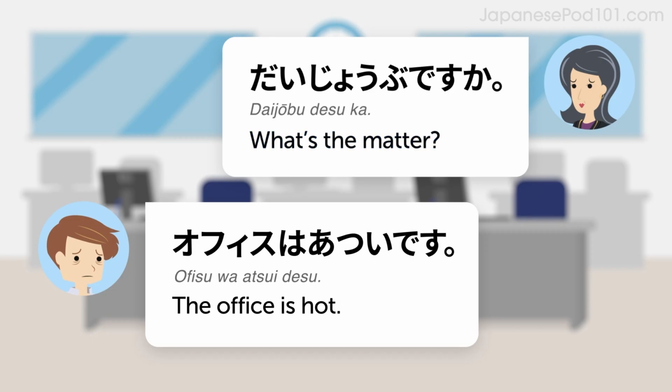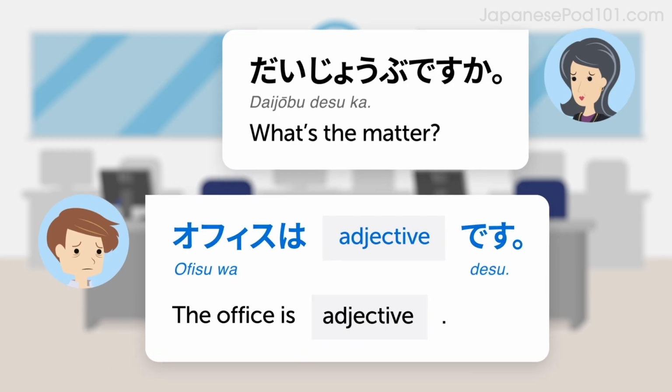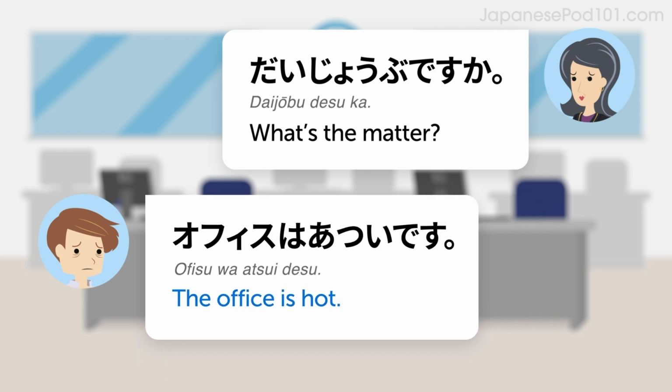Now, how do you answer this question? The pattern is オフィスは adjective です。 This Japanese sentence literally translates as, the office, adjective, is. But it means, the office is adjective. For example, the office is hot. オフィスは暑いです。